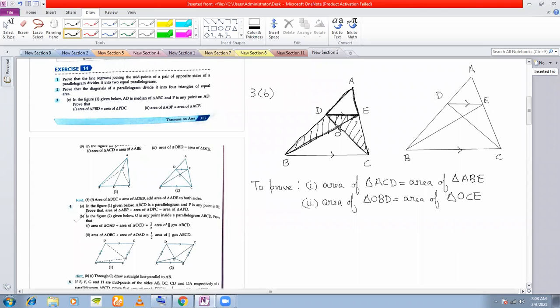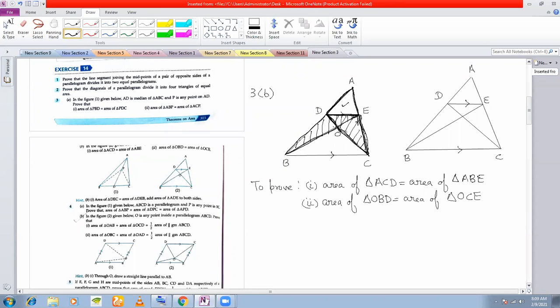Now, in the first triangle, that is DCE, I cannot use colors because when I'm using colors, somehow the problem is coming. So I only can use black here. If in this triangle, that is DCE, I add this triangle, then will I get the ACD triangle, the bigger triangle? Yes, sir.